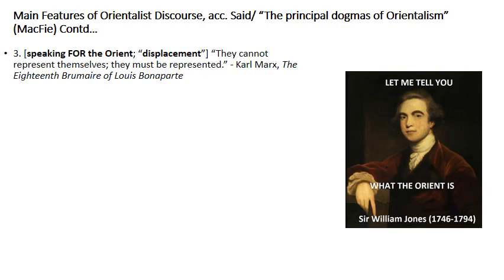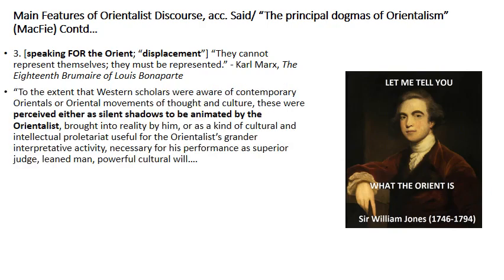Both of those are very significant for this particular point, which is that basically the Orientals are not allowed to speak for themselves or represent themselves. They are spoken for. To the extent that Western scholars were aware of contemporary Orientals or Oriental movements of thought and culture, these were perceived as either silent shadows to be animated by the Orientalist, brought into reality by him, or as a kind of cultural and intellectual proletariat useful for the Orientalist's grander interpretive activity, necessary for his performance as superior judge, learned man,